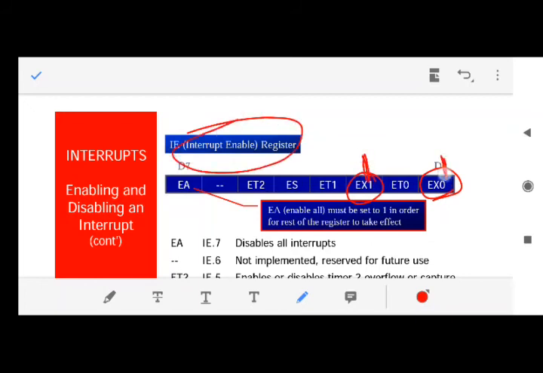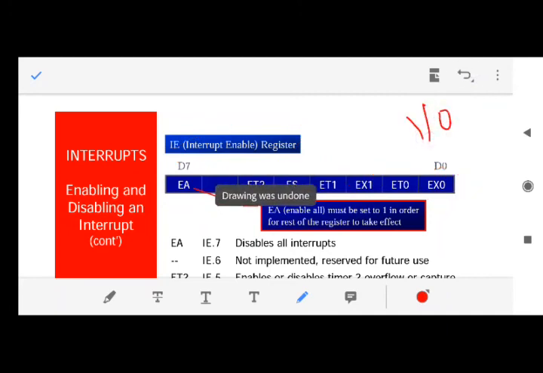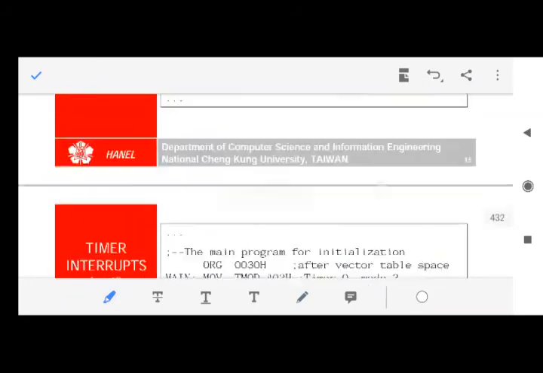This bit should be 1 if we want to use port 3 for interrupt purpose. If we want to use port 3 just for input output, then these bits should be 0. Fine. So by default your port 3 is used for input output only. If you want to use it for interrupt purpose or the timer purpose also, then this bit should be 1. Fine. I think now it is clear to you how to enable the interrupt.